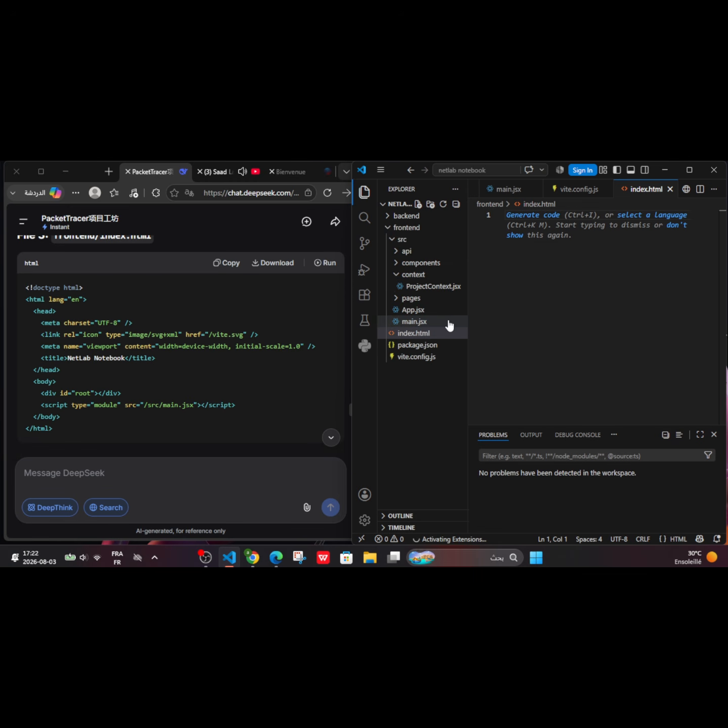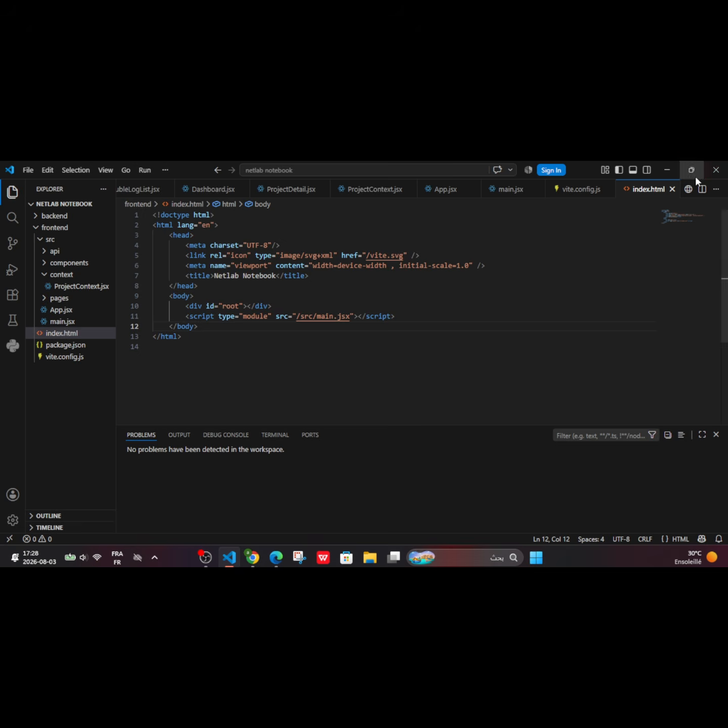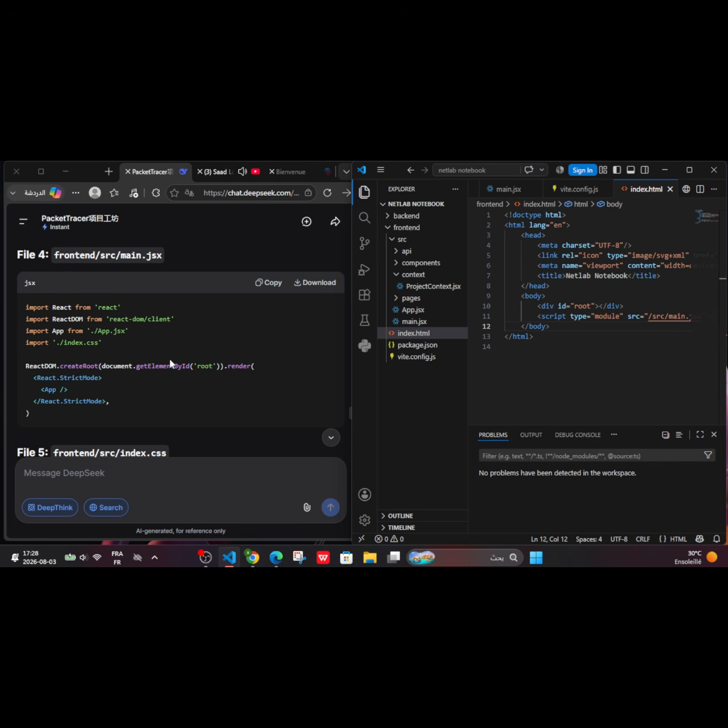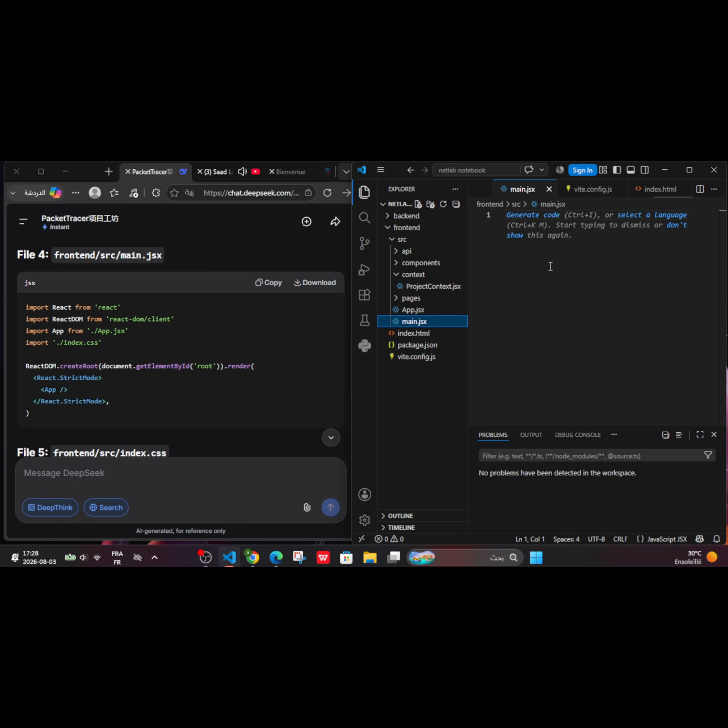Now I will create the index.html for the first preview of our project. So the title of our platform is NetLab Notebook. So I will create all this for the index.html file of the preview of our project. Exactly the first preview here. So in the index.html today I just will create a